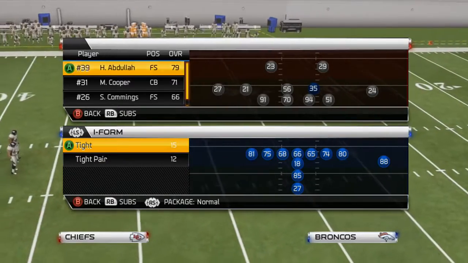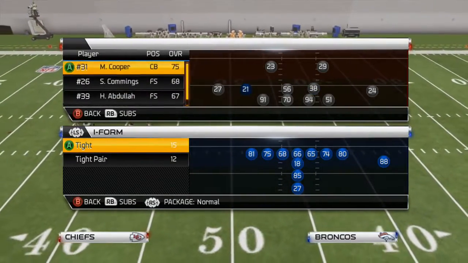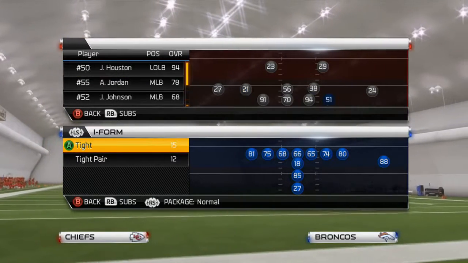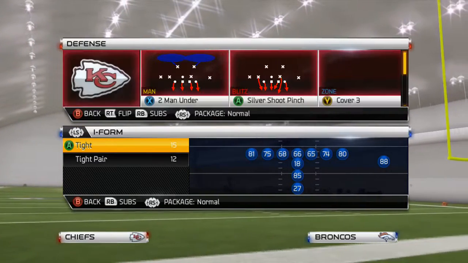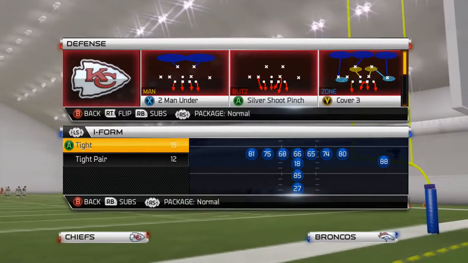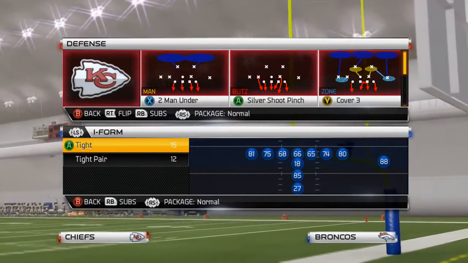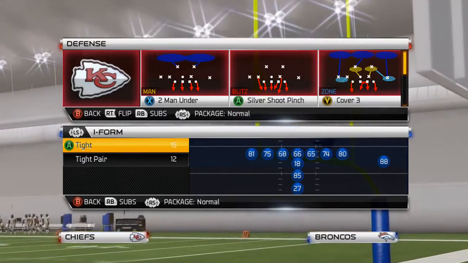So what you're going to want to do is put your fastest cornerback right there, and then your second fastest one where 21 is. I only run a blitz out of this. I don't run coverage just because I haven't figured out how to do it well yet. And I've got so many other formations that I only really run this in certain scenarios, like